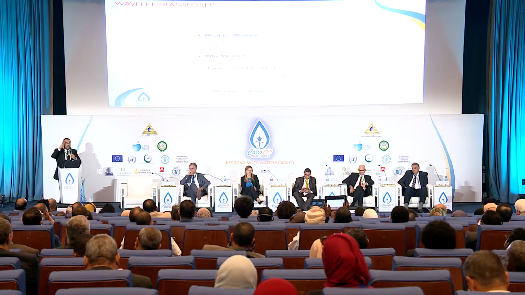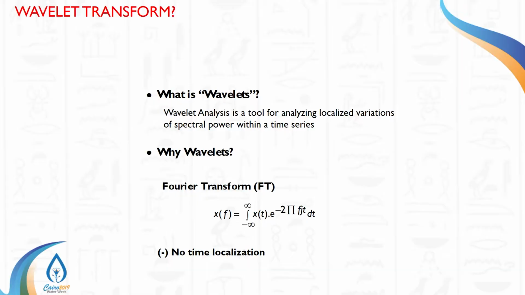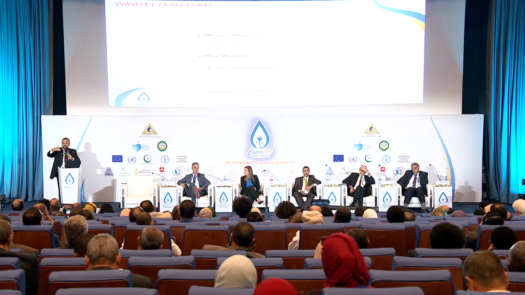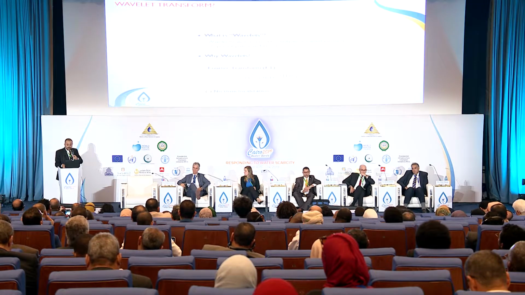So the Fourier transformation gives us good information about the frequency content in the global signal, like the precipitation global signal. It gives you an idea about the frequency content, but with no localization. You cannot identify which part of the time contributed to which frequency component. So if there is a cycle which happens every season, every year, every 2 years, every decade, every 20 years, every 30 and 40, so these are different frequencies, you will not be able to identify something like this through Fourier transformation.